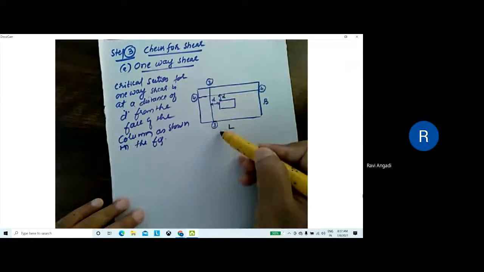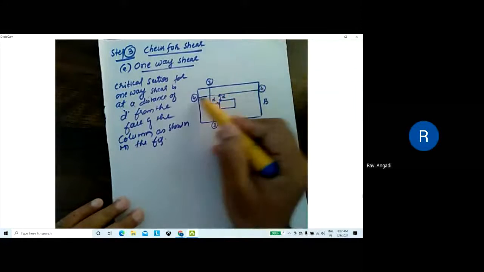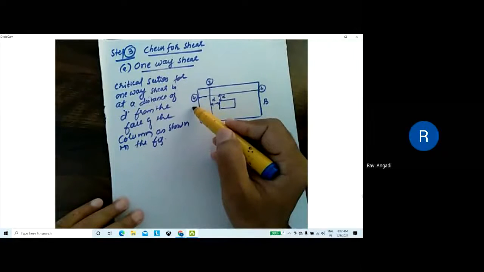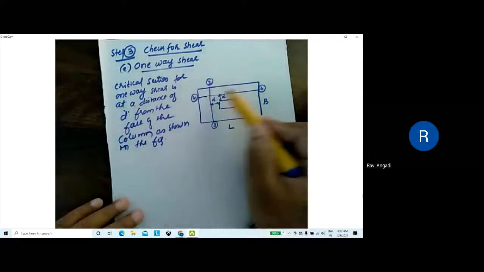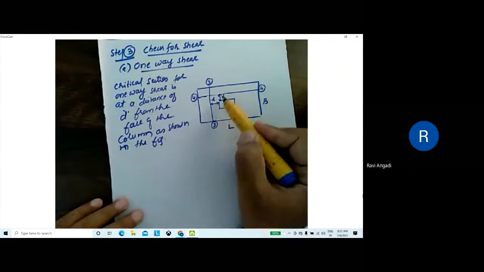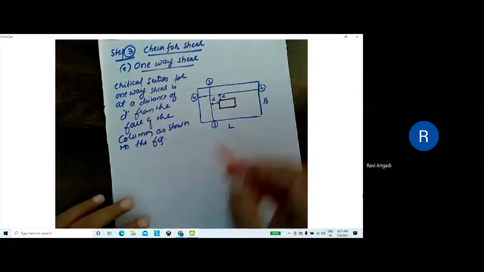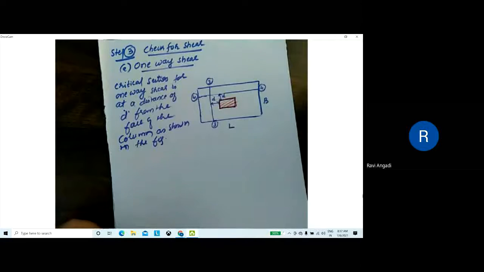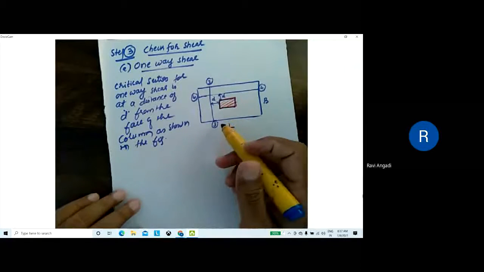Along the width you take 3-3, and along the length you take 4-4. For shear you take 3-3 and 4-4. This is the face of the column, this is the column. From the face of the column it is at a distance of D, so one-way shear will be critical at a distance of D from the face of the column.